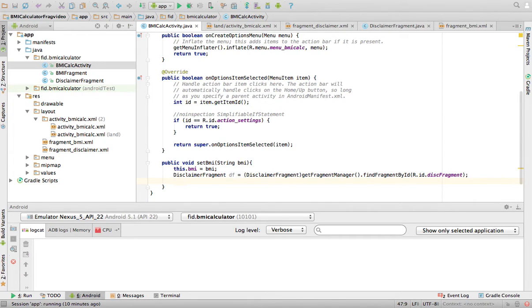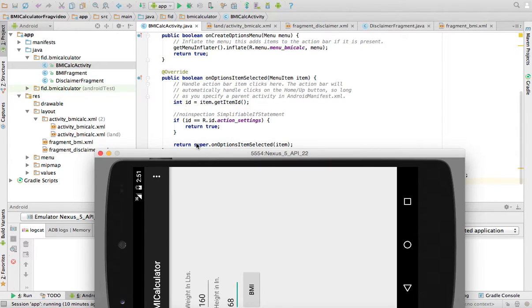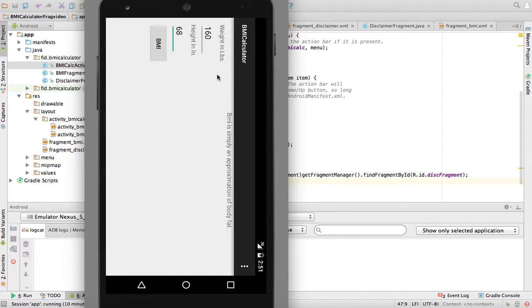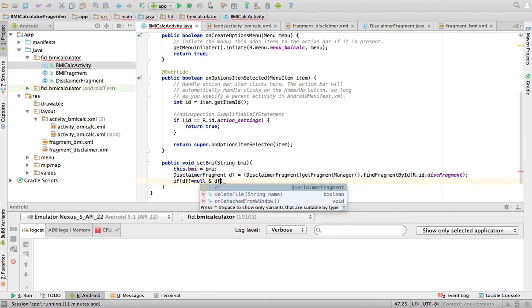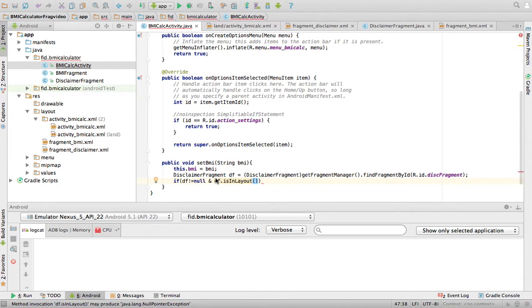Now recall a couple of things about the application. I'm going to show you something. In this view, when it's in portrait, you don't see the disclaimer fragment. However, when it's in landscape, you actually do see the disclaimer fragment. So there are times in which you see it and times in which you don't. For that in the code, we have to say if the disclaimer fragment is not null and the disclaimer fragment is in layout. So basically, if it's not null and I can actually see it,